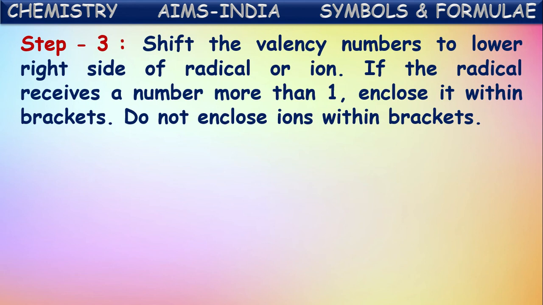Let us recall the steps once. First, we write the positive ion or radical, followed by the negative ion. Then we mention their valencies on the right top. Next, we eliminate the common factor from their valencies, or divide the two valencies by the highest common factor to get the least ratio. Then we ignore the positive and negative symbols in their charges. Then, with the remaining numbers after elimination of the common factor, we crisscross those. Then we get the formula of the compound.